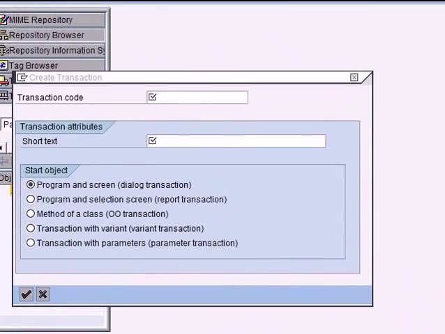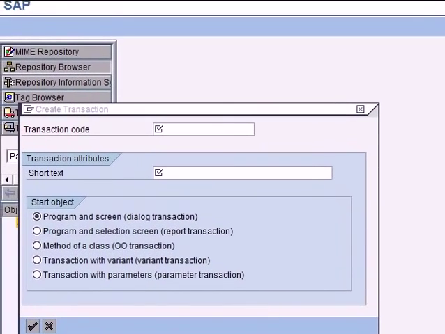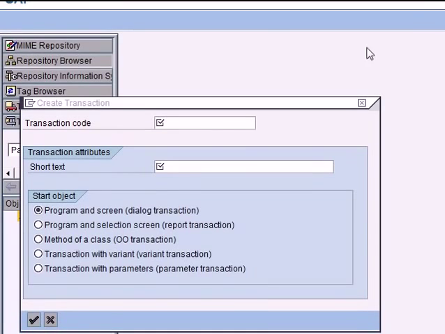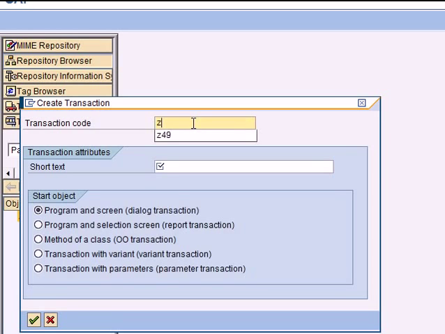So this is what my transaction screen looks like. For the transaction code, I can decide what transaction code, like we use SE80 to come to the object navigator. Let us say Z49 is my transaction code for hello world,